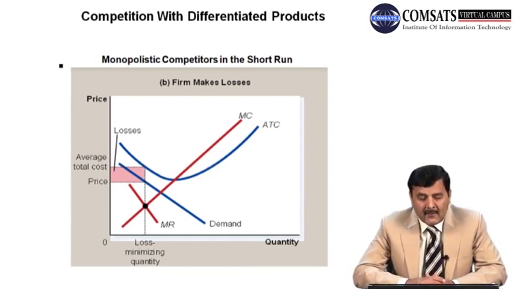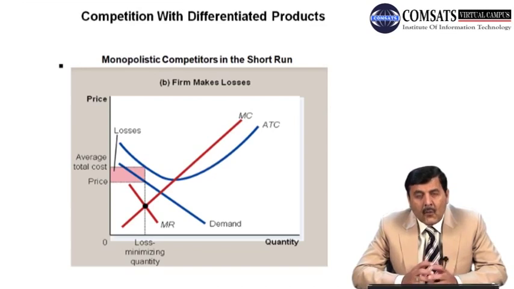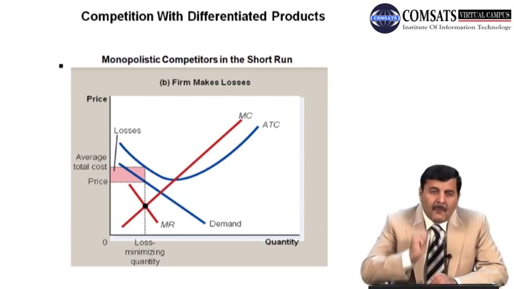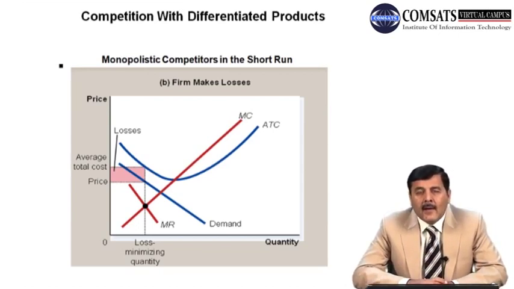अगर आप इस डायग्राम में देखें तो द सिमिलर वे वी नीड टू ड्रॉ द डिमांड कर्व विच इज़ डाउनवर्ड स्लोपिंग, वी हैव ए मार्जिनल रेवेन्यू कर्व एंड वी हैव एवरेज कॉस्ट कर्व। लेकिन आप देखें एवरेज कॉस्ट कर्व नाउ मस्ट बी अबव देन द डिमांड कर्व। अगर डिमांड कर्व से ऊपर होगा तो फिर आप उसको लॉस को शो कर सकते हैं। पिछले सूरत हाल में देखा हमने प्रॉफिट की सूरत में, तो दैट वाज बिलो देन द डिमांड कर्व। बट इन केस ऑफ लॉस, ये जो एवरेज टोटल कॉस्ट कर्व है, इसका जो मिनिमम पॉइंट है दैट शुड बी अबव देन द